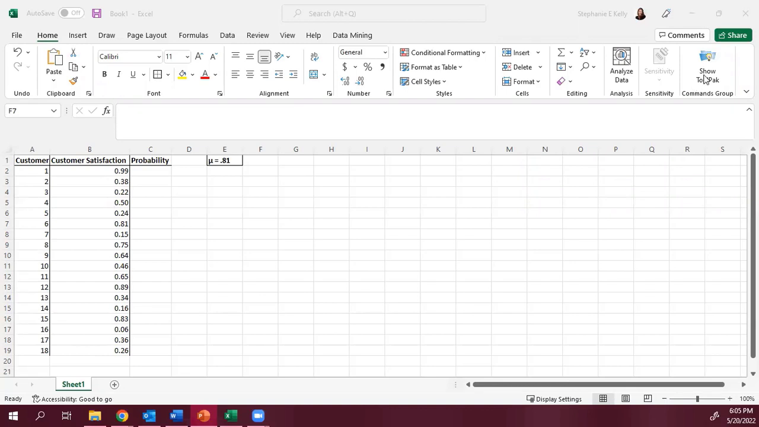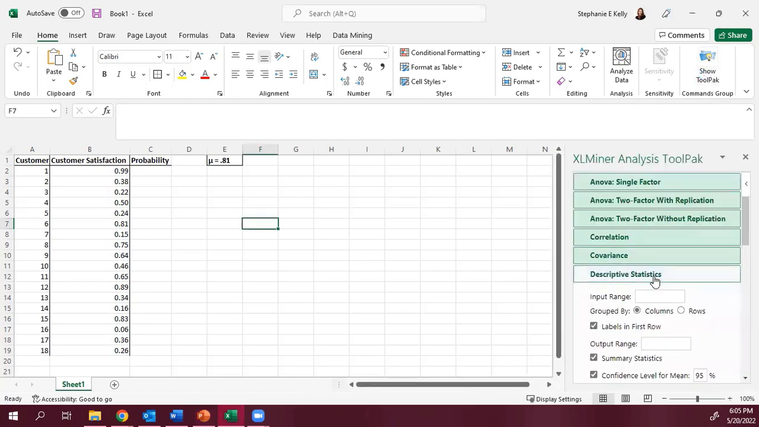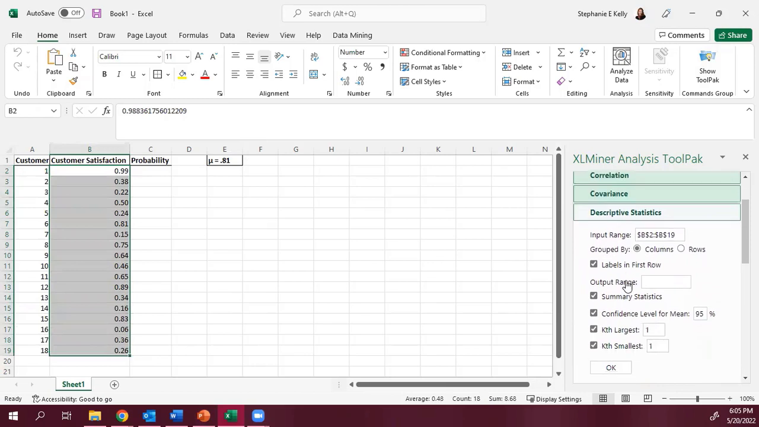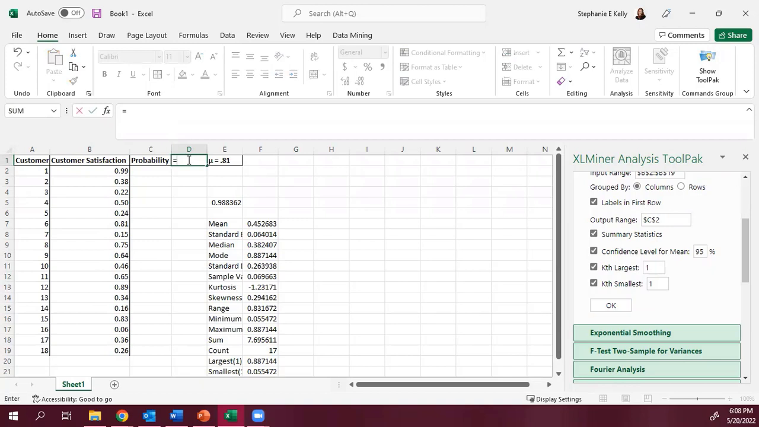So first things first, let's calculate our descriptive statistics. Let's go to our statistical package, descriptive statistics. The input range is going to be our customer satisfaction data. And the output range, I'd like it to start printing things in cell E5 this time. And I'll hit OK. And our z-score here is equal to the average of the sample, which we know here is 0.45, minus the mean of the population, 0.81,